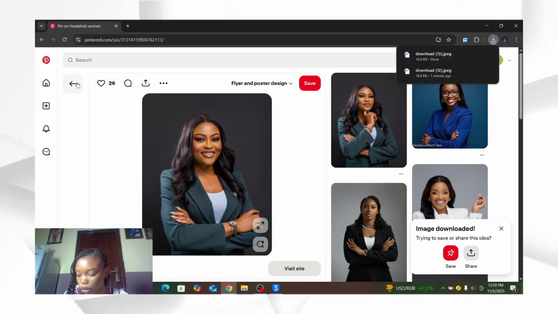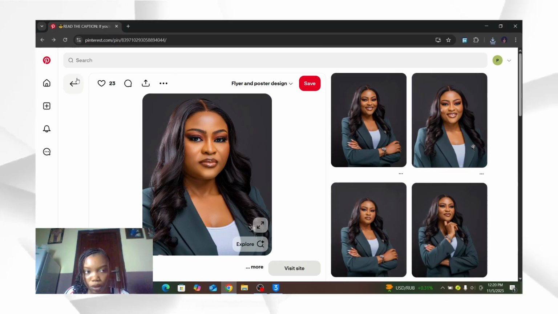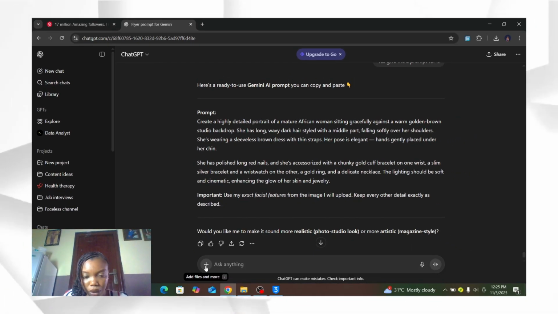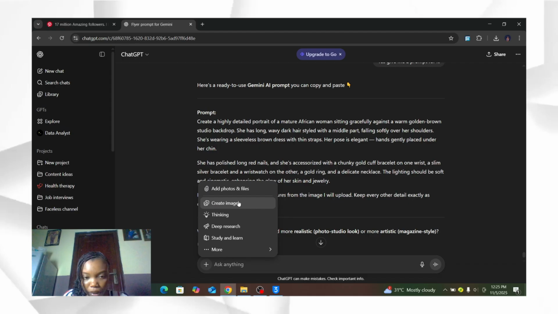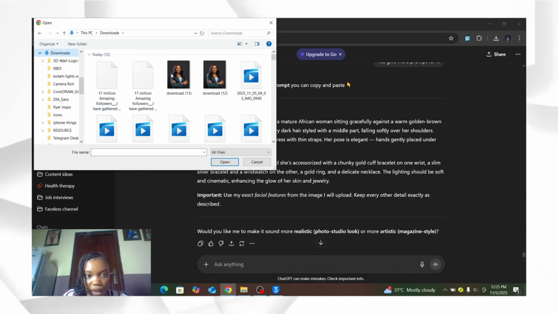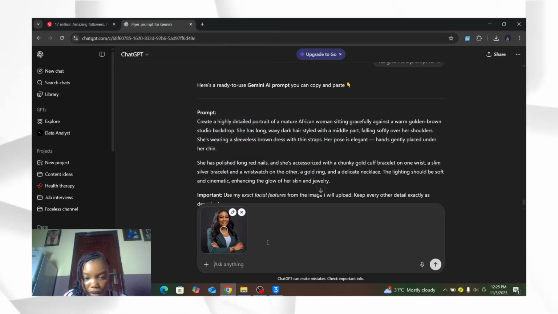We are going to be making 2 pictures. So I'm going to take one for male and one for female. I'm also going to search for photo shoot ideas for men because we are going to do one for men and one for women. So we are going to head over to ChatGPT. I'm going to send the image we downloaded to ChatGPT and I'll ask ChatGPT to describe this picture